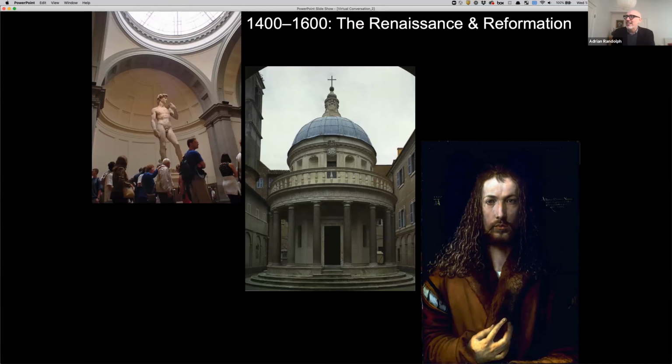Looking at objects like Michelangelo's David that you see in the Accademia there in Florence, Bramante's Tempietto, and of course, Albrecht Dürer's self-portrait of 1500, one of the most remarkable self-portraits one can imagine. So we started mainly in Italy and then moved north. We followed